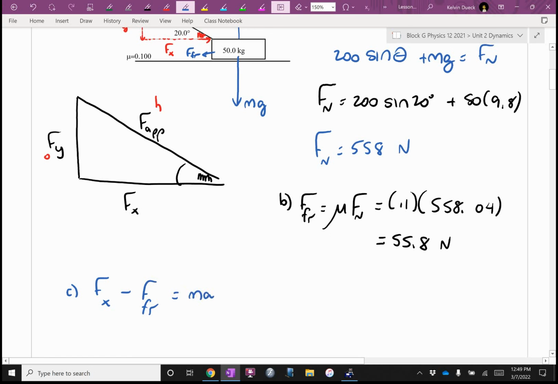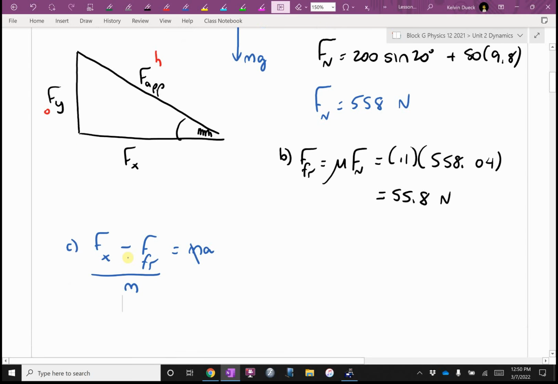Yep. Oh, and they want me to find the A, so divide by M. Okay. Fx. Oh. Do you know which trig function is Fx? Of course you do. A is going to be 200 cos theta minus